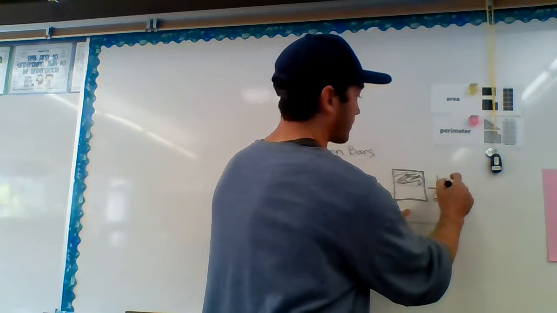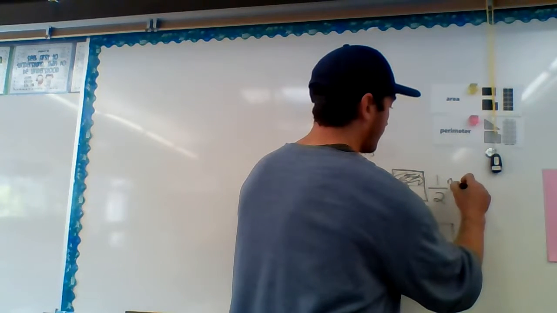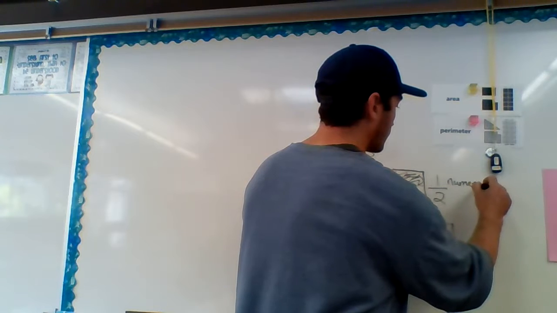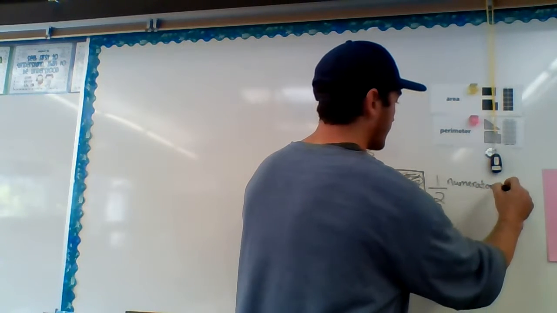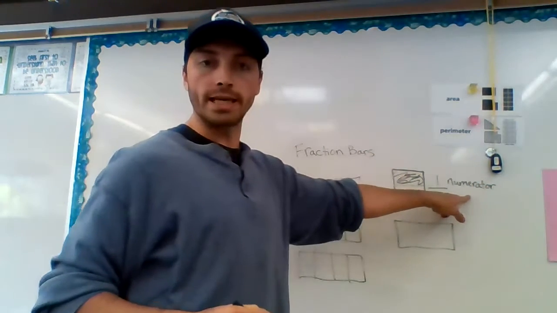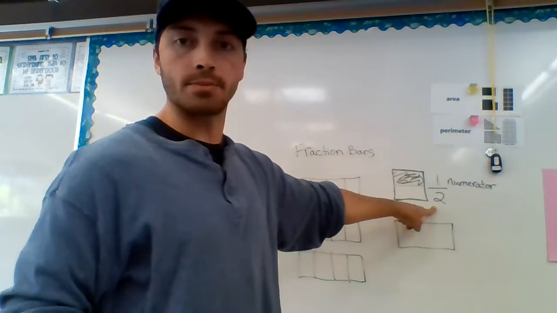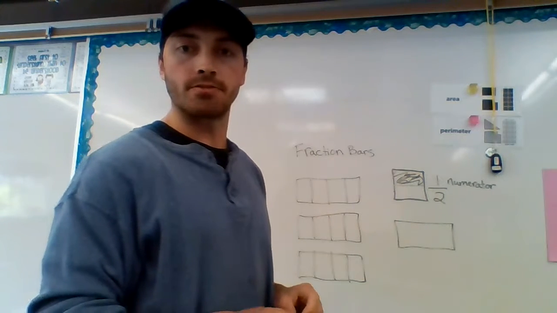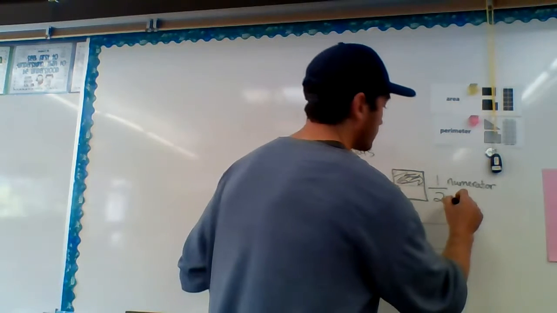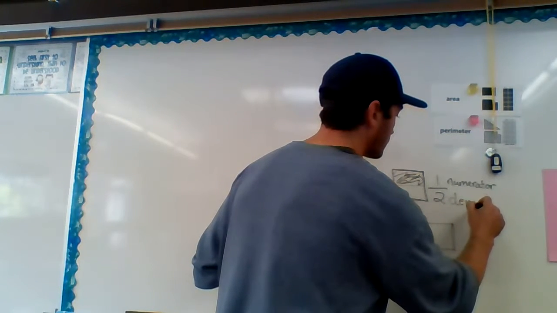So we can say that the numerator on top tells us how many parts we have, and the denominator is how many parts the shape is divided into. We'll call this our